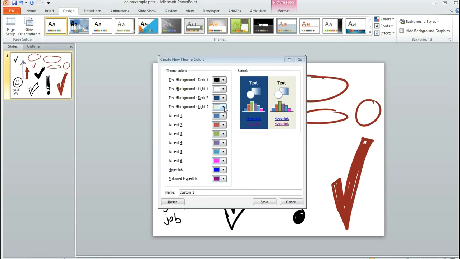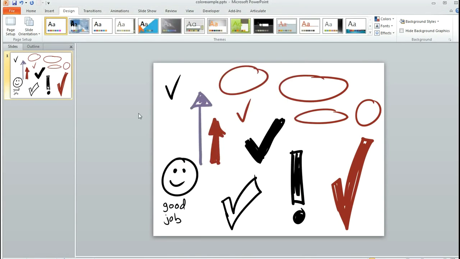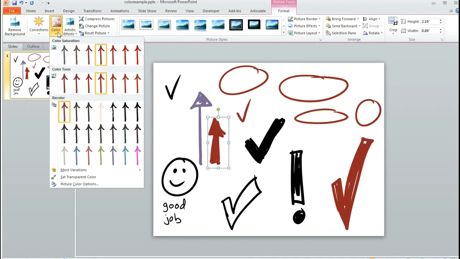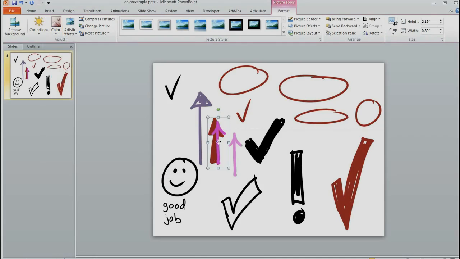And then from here, once you've made the changes that you want to make, you can name your color theme if you want. It'll give it a default name, but you can name it something else if you want, and then you can go ahead and click Save. And then once you've done that, you can select your object again, come up to the Format tab, and then use the color drop down to apply the color that you just changed. So there's our pink color. It's no longer orange. You can see that it's that pink color that we were working